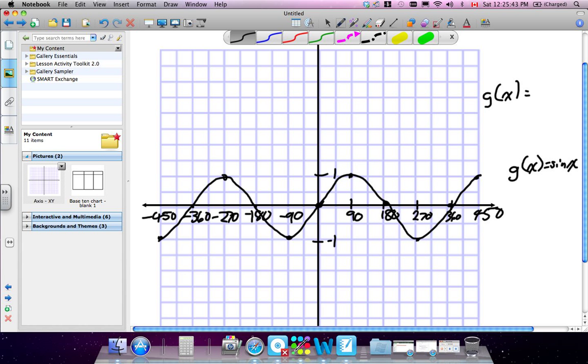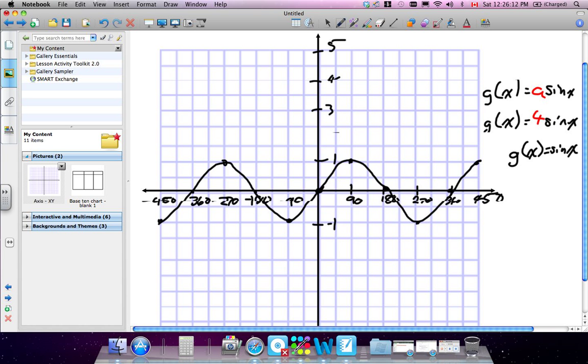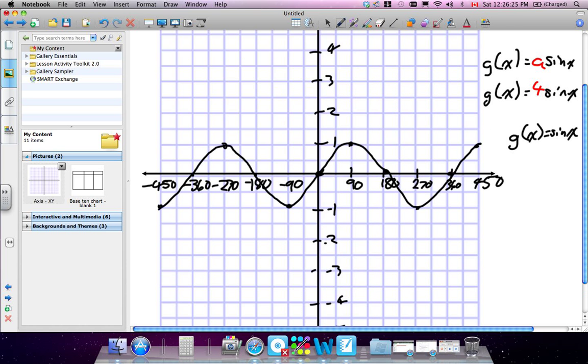Now we're dealing with just a, so we'll put a in. We'll do it in green. Now let's do a sine x. What that does is an amplitude change. Remember our amplitude was 1. Whatever the number becomes, so let's say it's 4, our new equation becomes g at x equals 4 sine x. All that happens is our amplitude has changed: 3, 4, 5, negative 2, negative 3,